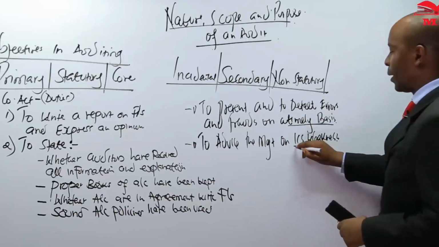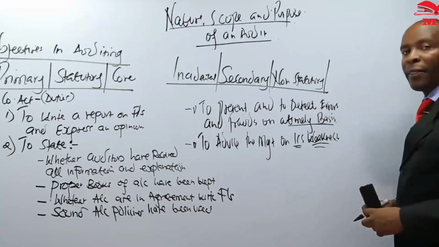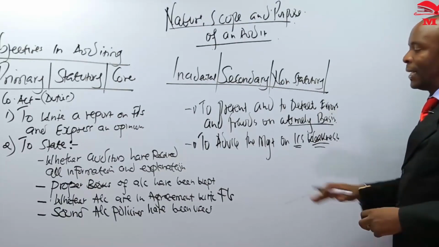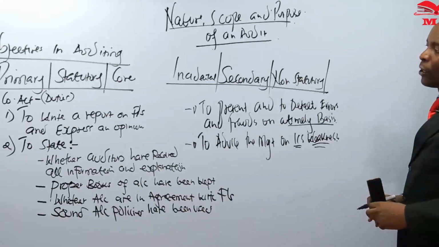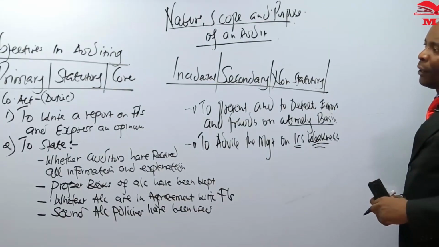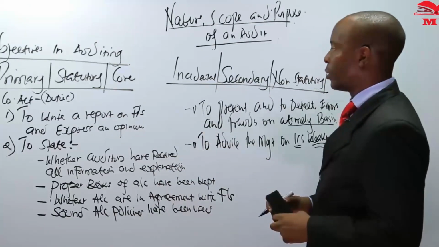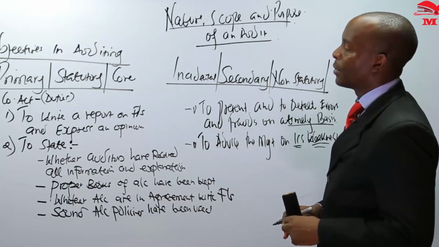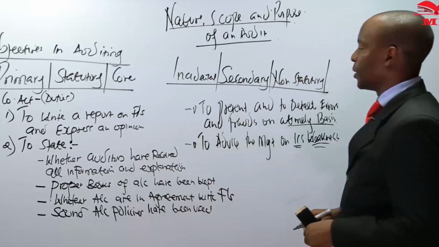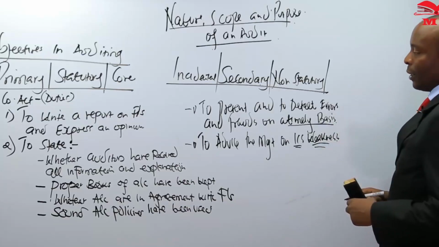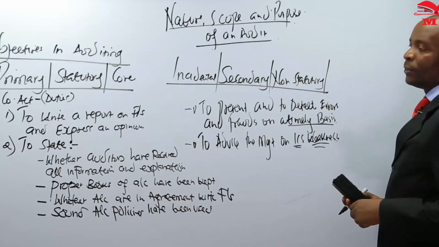So we are coming to the topic internal control system. I'm going to discuss weaknesses in the internal control system, but the auditor's advice mostly comes in the form of a letter called a management letter, and that letter is supposed to advise the management on the internal control system. So basically, the objectives of an audit contain four elements. We have to write a report on financial statements, to state these matters in the report, to prevent and detect errors and frauds on a timely basis, and to advise the management on the internal control system. That forms the objectives.